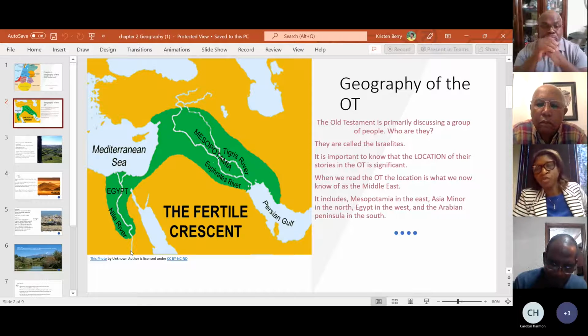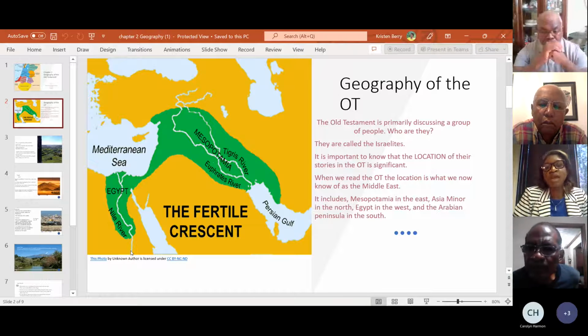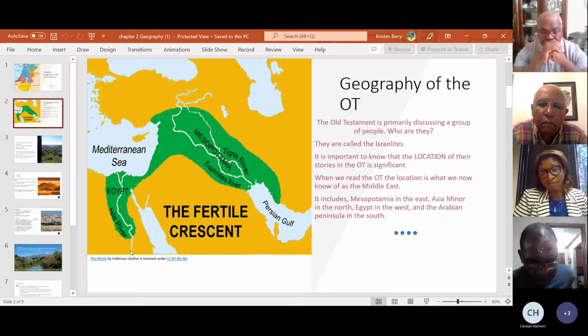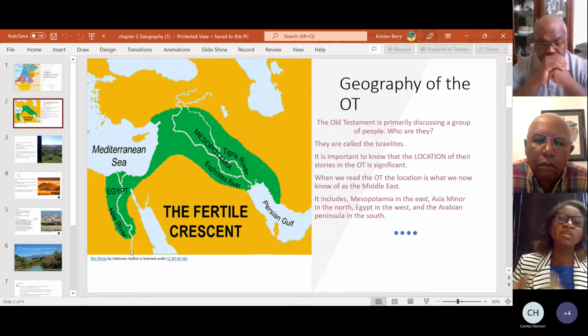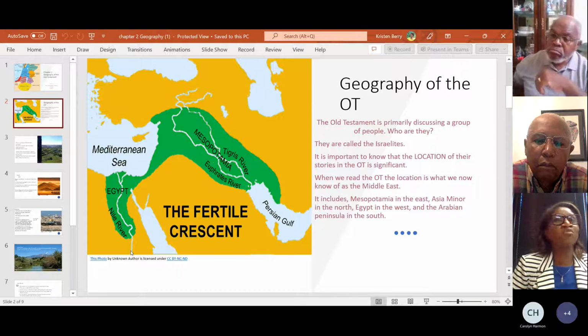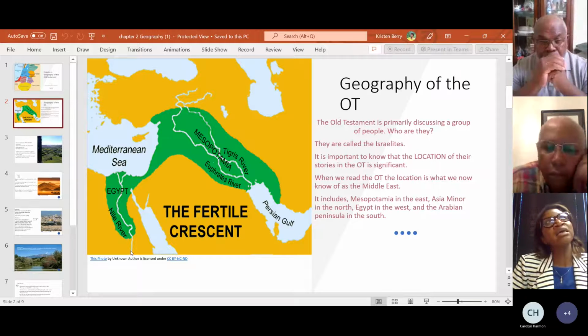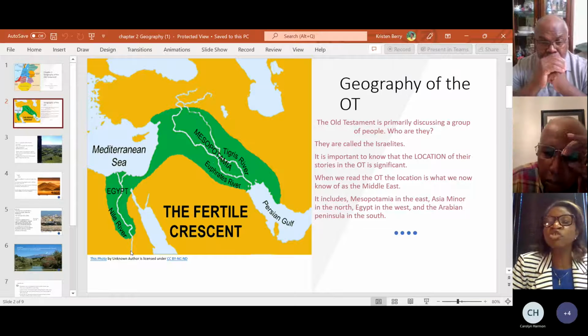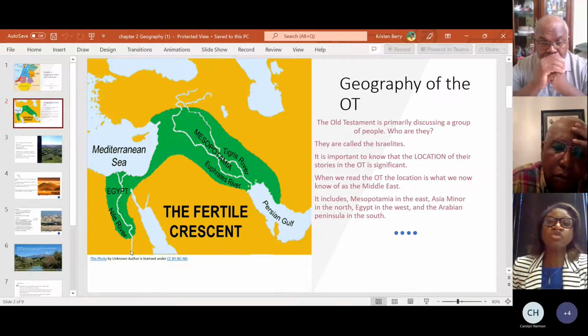So let's talk about the Old Testament. Let's talk about the people. In the Old Testament, we're primarily discussing a particular group of people. They are called the Israelites or the Jews or Jewish individuals, but we are not chronicling Christians just yet. Christians will come over in the New Testament based on the foundation that's going to be set in the Old, based on the patriarchs that do miraculous work in the Old Testament in establishing relationship with the Creator God. That's going to move into Christianity in the New Testament.